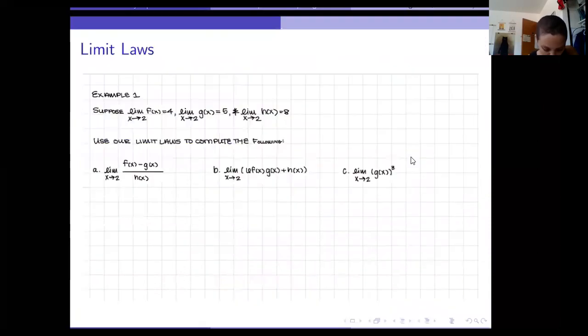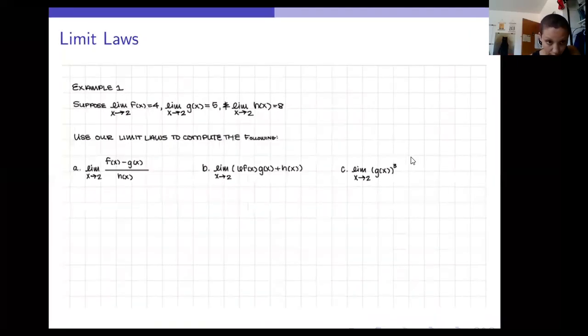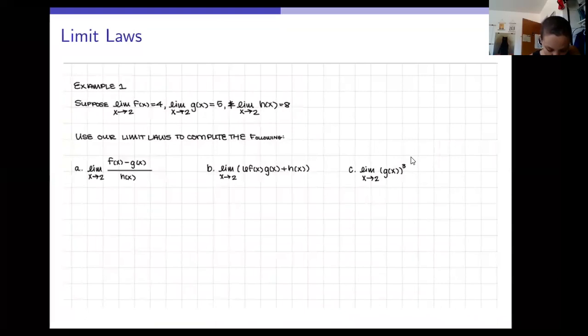So in this example, we're going to suppose that the limit of f of x as x approaches 2 equals 4, the limit of g of x as x approaches 2 equals 5, and the limit of h of x as x approaches 2 equals 8. And we're going to use our limit laws to compute the following. So the very first one we're going to do is the limit as x approaches 2 of f of x minus g of x quantity divided by h of x. So we know we can rewrite this using our quotient rule as